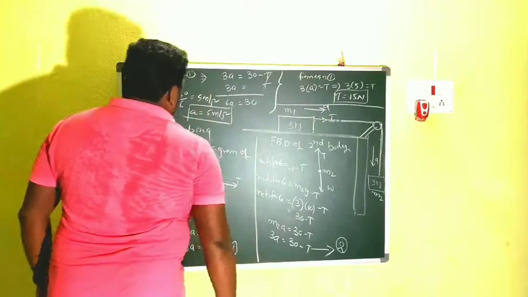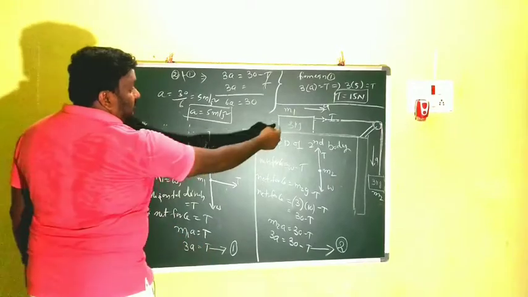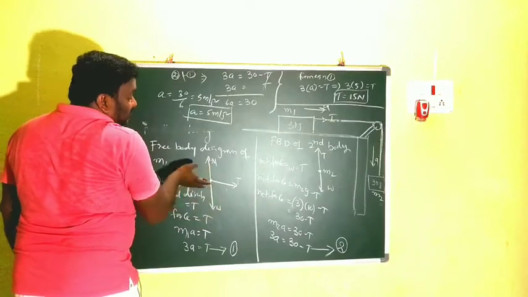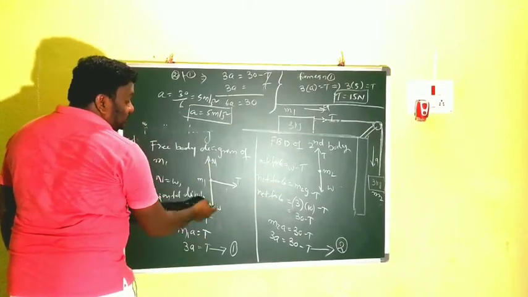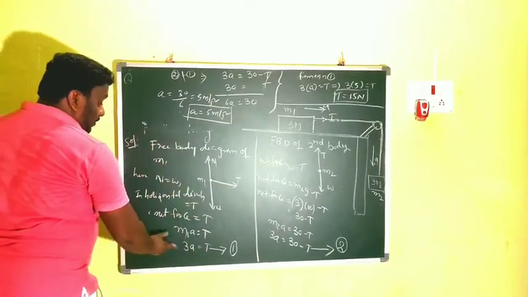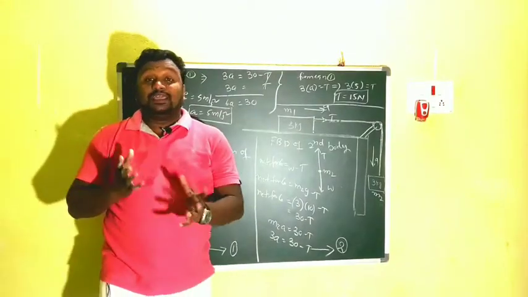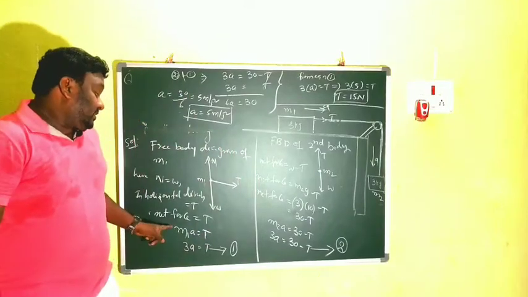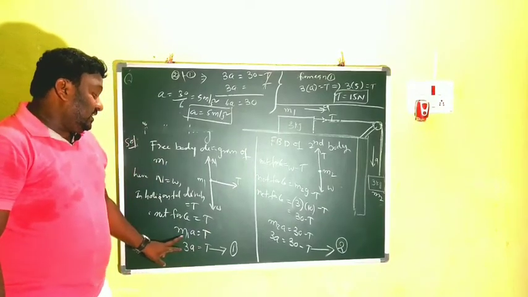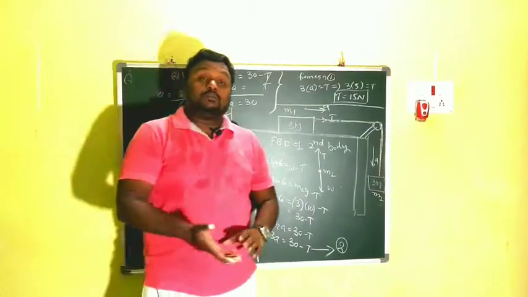So here now, for the first body we are taking the free body diagram. What is the free body diagram of the first one? On the first body the normal force is acting upward and the weight is acting downward, but the object is moving in this direction. That means these two are equal and cancel each other. Then we have only the net force in this direction. Then the net force is equal to T. But according to Newton's second law, F is equal to ma. That's why here you write M1a is equal to T. M1 means 3 kg. Then 3 into a is equal to T. 3a is equal to T, equation number 1.